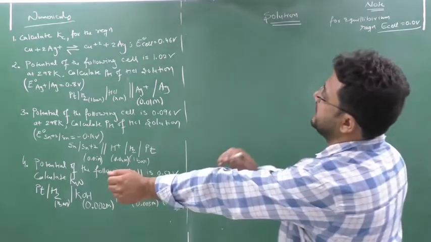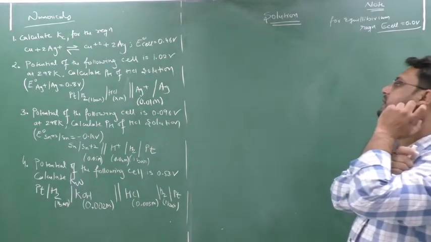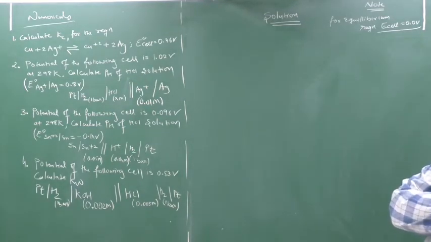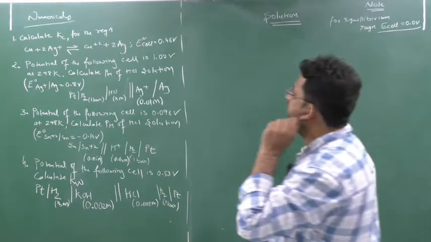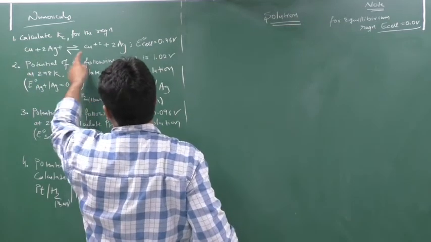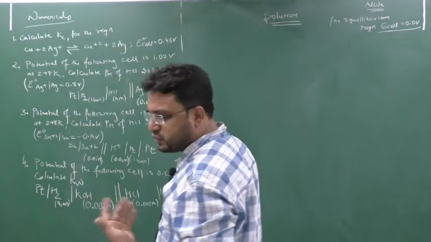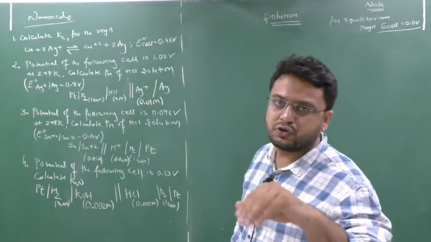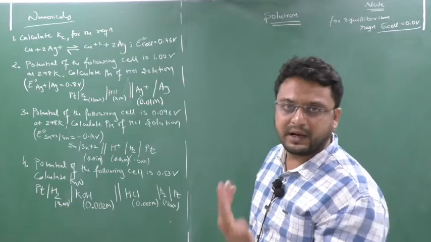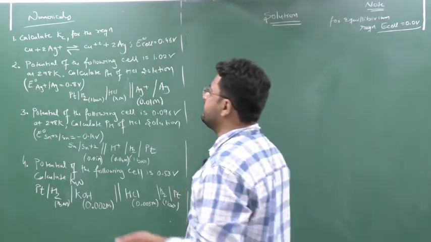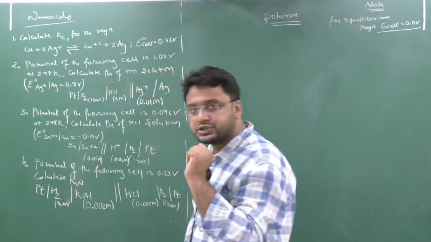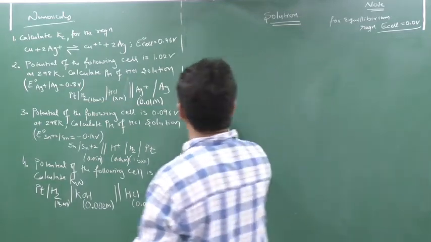Calculate the Kc for the reaction. To write down the Kc, I should have a net reaction, that is anode and cathode. As you can see here, Cu is going to Cu2+ and Ag+ to Ag. So here the net reaction itself is given. When the net reaction is given, we should not do the anodic part and cathodic part, it is just time pass. Directly we write down the Nernst equation for this. So according to Nernst equation,